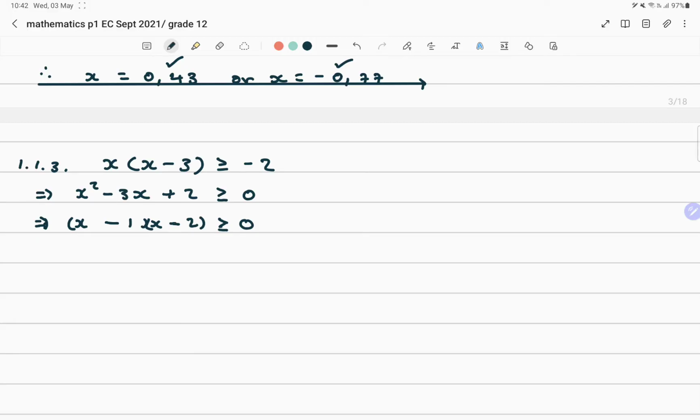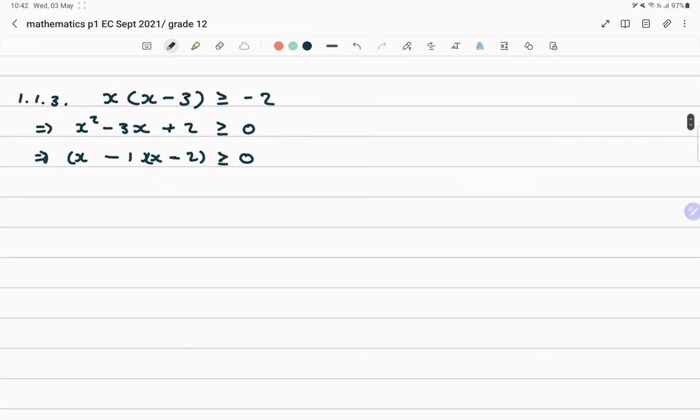But now here there is a bit of a situation. You know that these become the critical values. But if you look here, you will notice that the coefficient of x squared is positive. So what does that mean? It means our graph is a smiling parabola, right? Also, the y-intercept is positive. And again, for the turning point, the x-coordinate is going to be minus b over 2a. This already makes it positive. So we know that if we sketch a graph that is almost accurate,